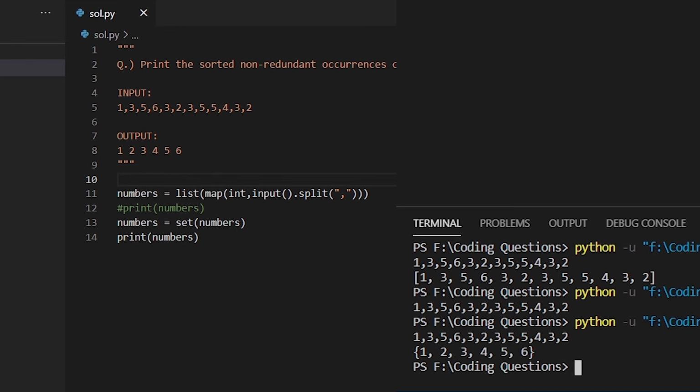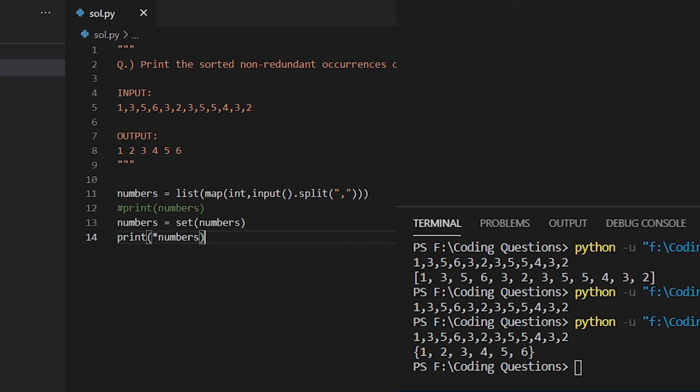and we have the input and we have our output in the sorted manner, but this will still give you an error because the extra set of parentheses is getting printed along with the commas, which is not demanded in our output. So what we can do is simply put a star in this particular line of code, that is line number 14. So what it does is it just prints the values and it does not print any kind of other parameters like the parentheses or square brackets in case of a list.